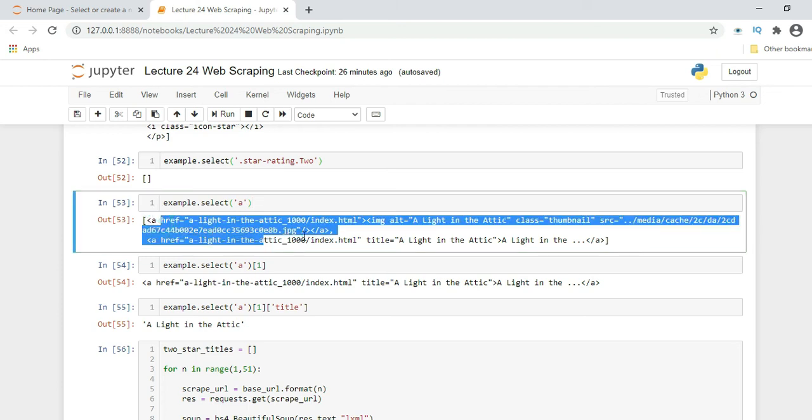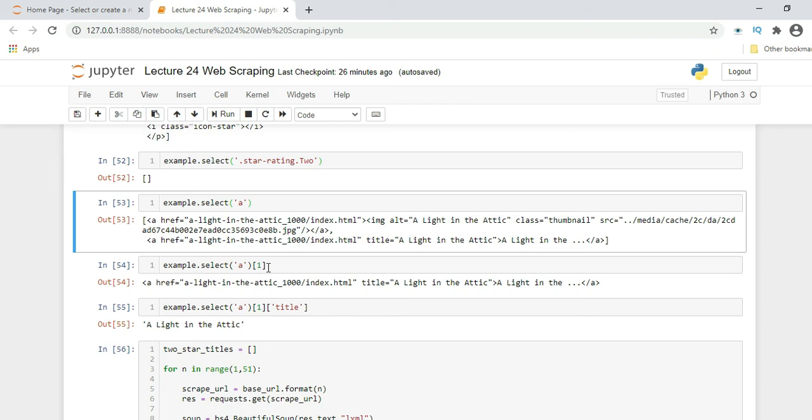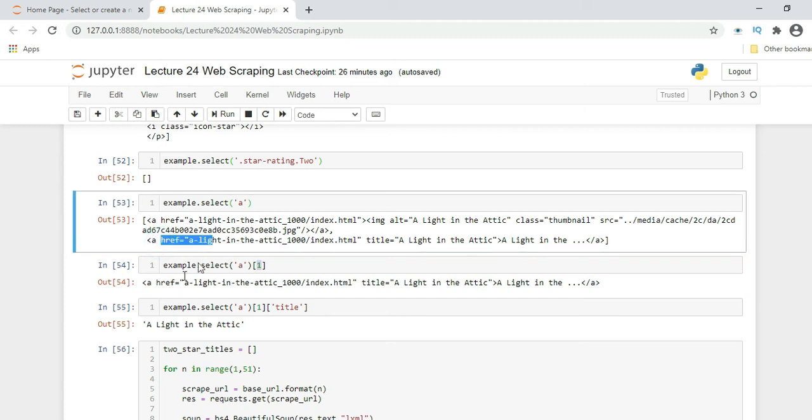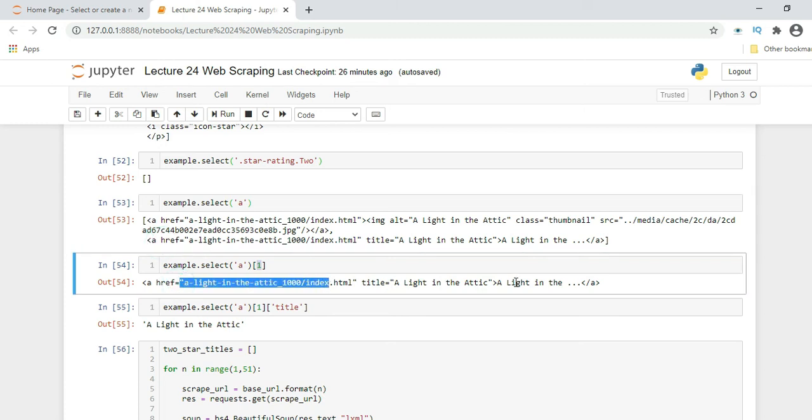Now again you want to check, because there are two a tags, first and second. Here we can go with the positioning. Example.select("a")[0], where a is the tag and the position is first, it always starts with 0. Here you can see the output. Now again you want to extract a title from this.